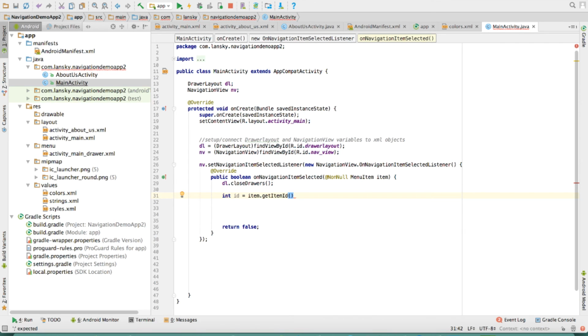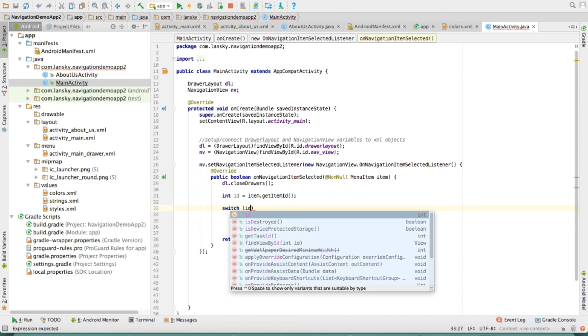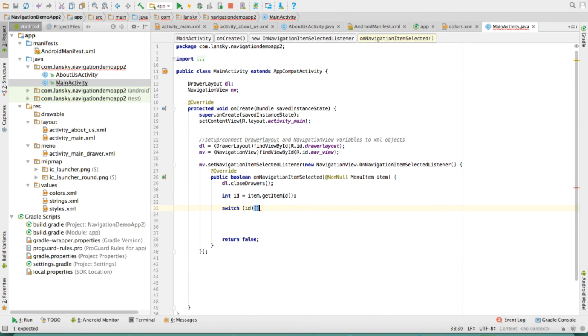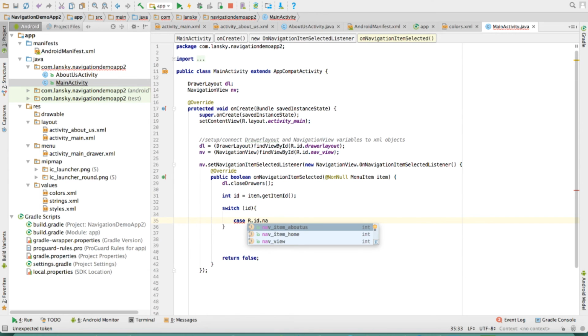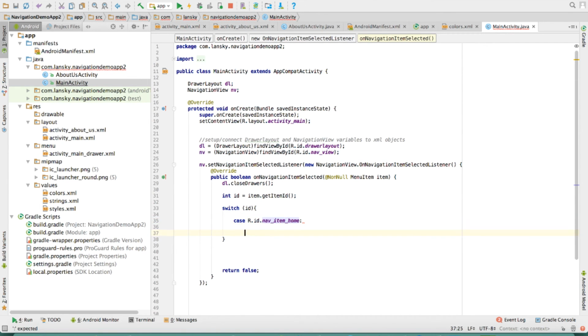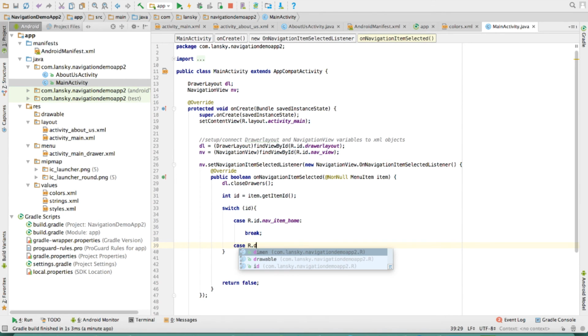So we use this int id variable as something that would get the ID of the item inside our switch. So switch id, pass the id here, and then like that. So case R.id.nav_item_home, and then you have a break statement for every case, R.id.nav_item_about_us,